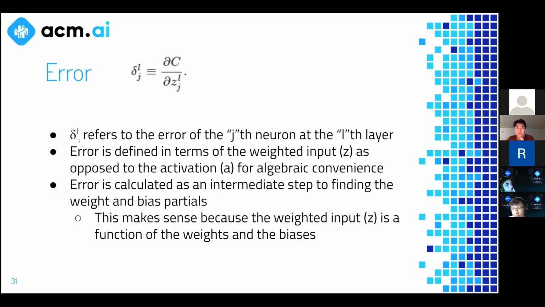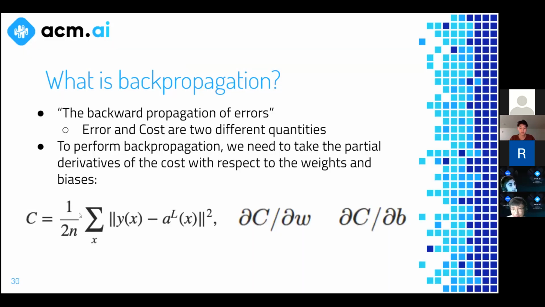Okay, so I feel like most of the confusion is caused by the fact that their names are similar. Just pretend that their names are not similar. This is a value inherent to one neuron, just like the activation and the bias. And then the cost is a value inherent to the entire network. It's saying, look, you did this well at predicting this input. So when I pass in a 5 and it gives me a number for the cost, the lower that value is, the better job I did of predicting that that's a 5.